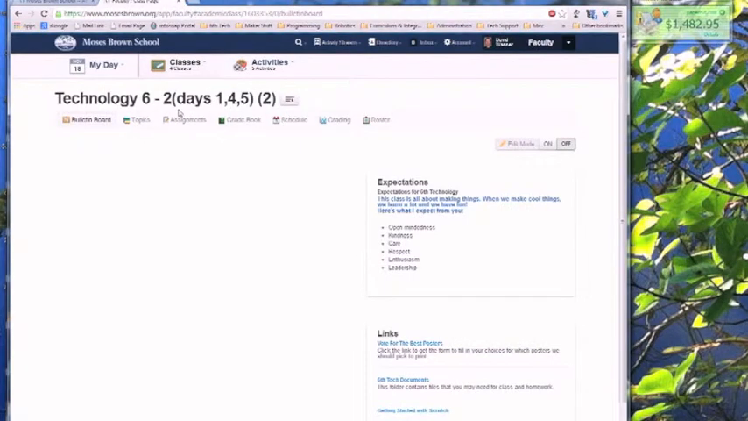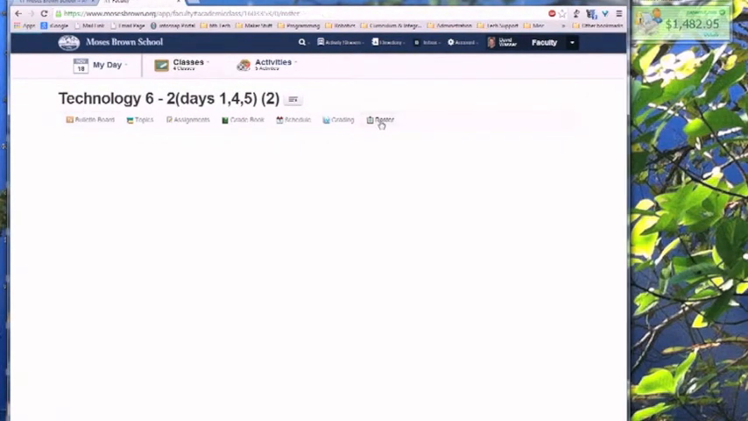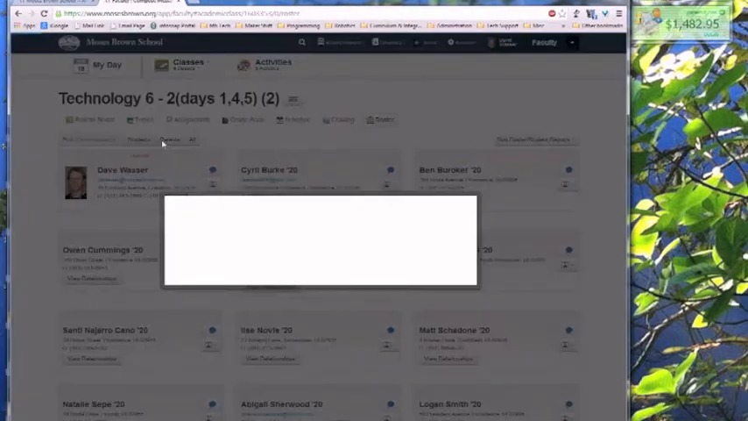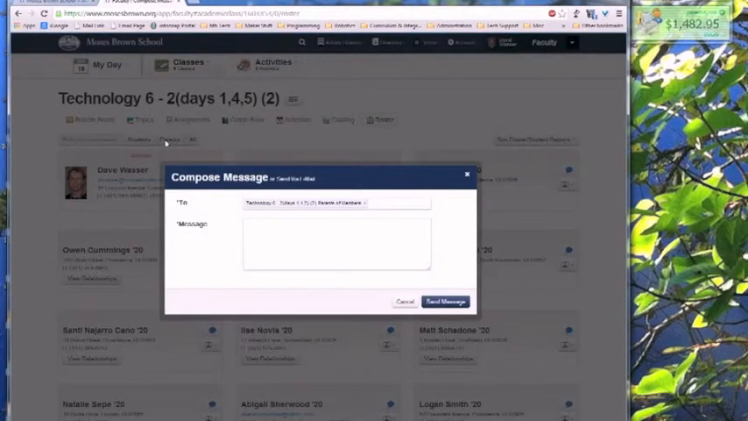So we click on the class page, and from there we're going to click on the button for the roster. In the roster page, we will then find at the top the button for parents, assuming we're going to email the parents. And we get this window for composing a message to parents, but we're going to instead click this